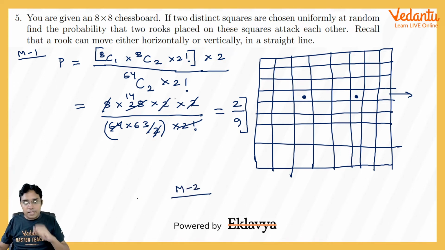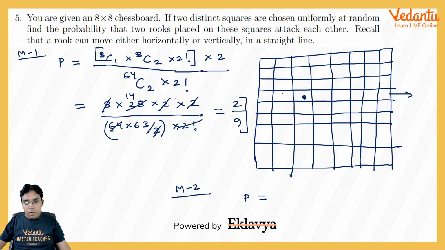My method 2 is that we put one of the rooks in any of the boxes, or let us assume this one. So the required probability: you put my first rook in any of the boxes. You can consider that it will not decide my probability because you can put it in any of the 64 boxes. But now my second rook will decide whether they both are in the same horizontal row or vertical